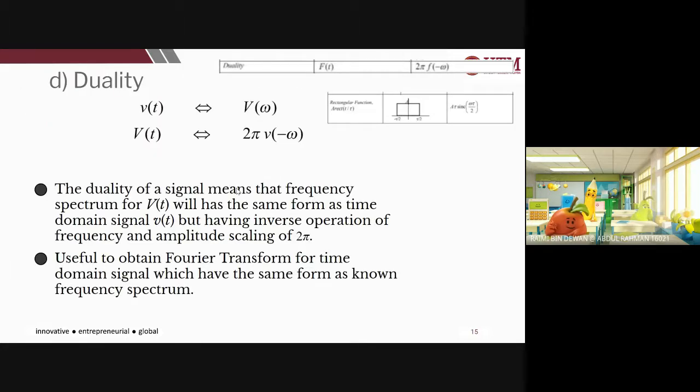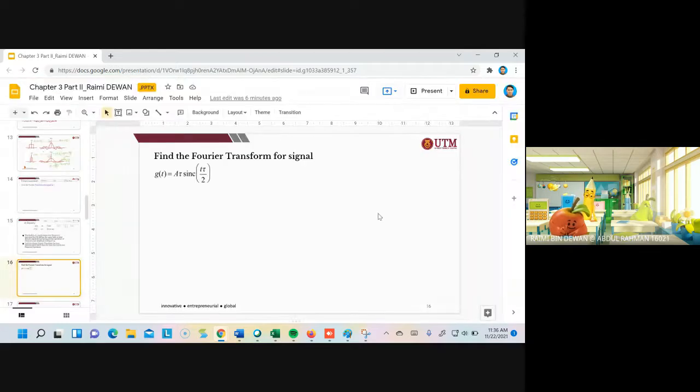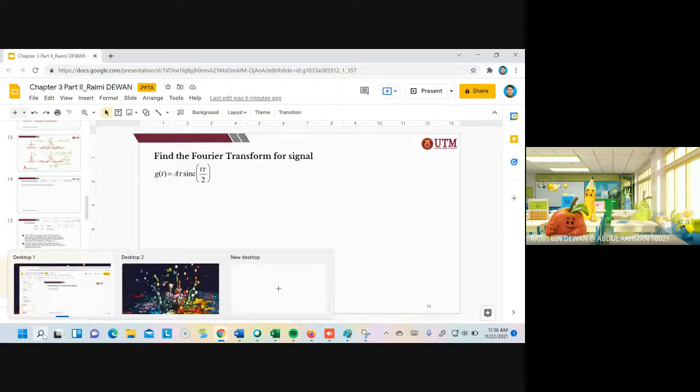This one is the one that we indirectly did in the previous tutorial, because there is duality involved in the previous tutorial. So actually duality, you can read this on your own, but I just want to make it easy. Okay, duality is that